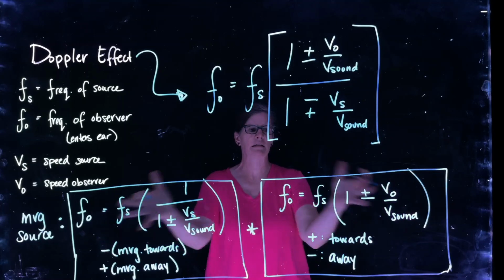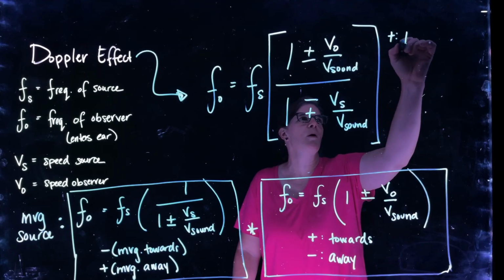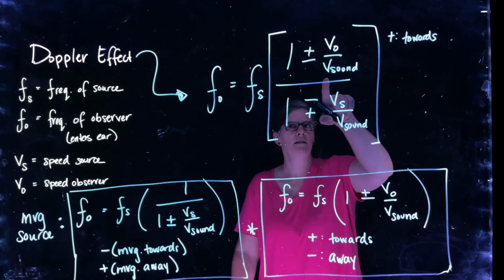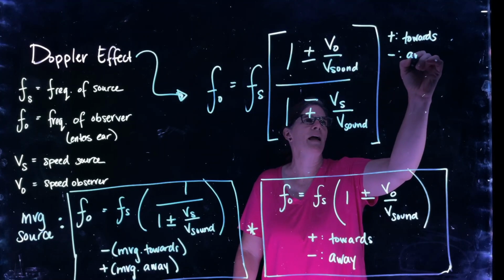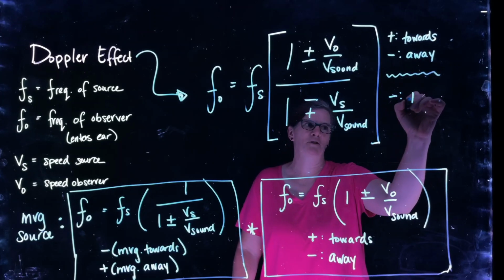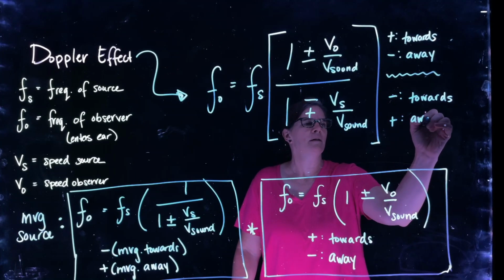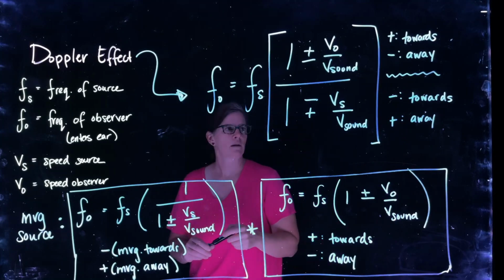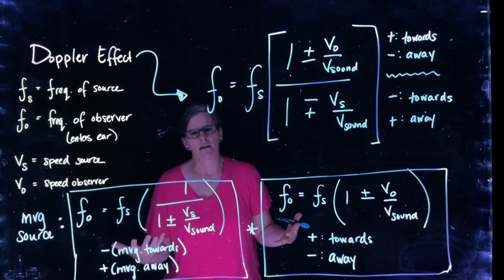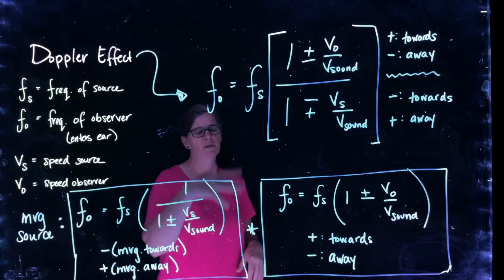All right, so it's just kind of combining these two equations together, where on the top, the plus means the observer is moving towards the source, where the minus means away. And on the bottom, the minus means towards, so I keep those consistent for you. And the plus means away. So it's just combining these two relationships. I will give you all three if you're in my class. If you're not in my class and you have to memorize that, I might choose to memorize the top one,